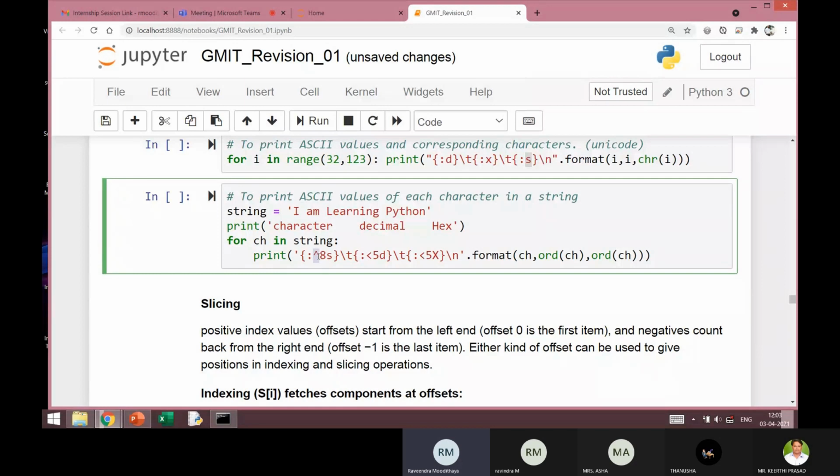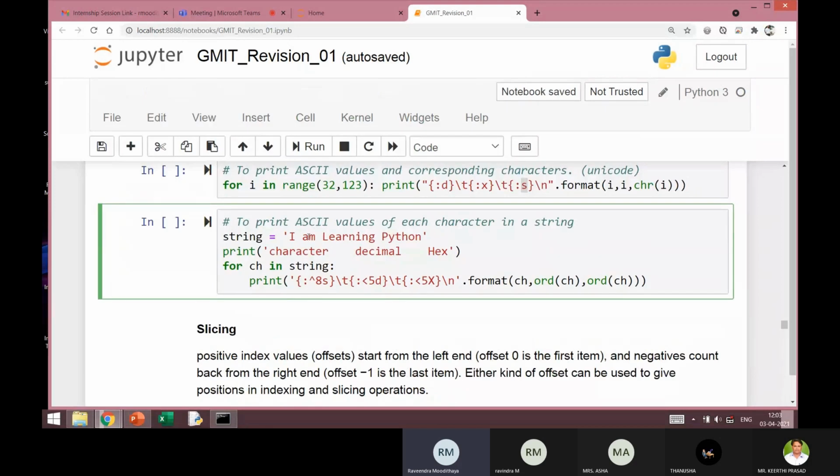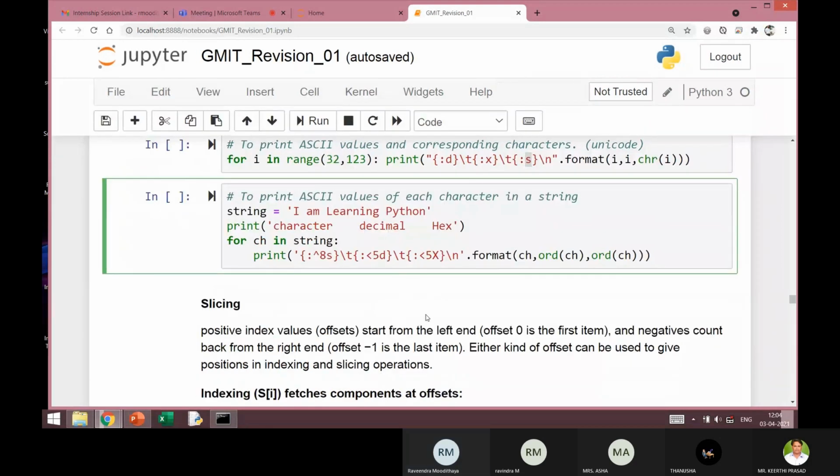So when I say this caret symbol, then 8, it means, for example, the very first character in this string is I. So what happens here is, in the output, 8 character spaces are used, and in that 8 character space, in the center, the character I is printed. Okay. Now, in the next case, I'm using the less than symbol and 5, and then D. This is also an integer, which is the corresponding decimal value.